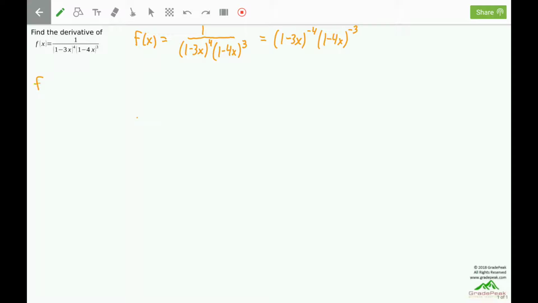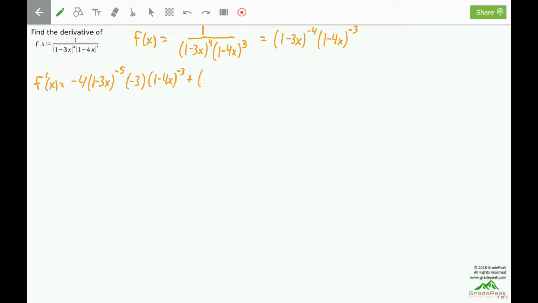So the derivative, f prime of x, will be the derivative of the first. We start with the power. We'll bring the power down, minus 4. Leave the inside alone, 1 minus 3x. Subtract 1 from the power, it'll give us a negative 5. Times the derivative of the inside to complete the chain rule, so times a negative 3. Derivative of the first times the second left alone